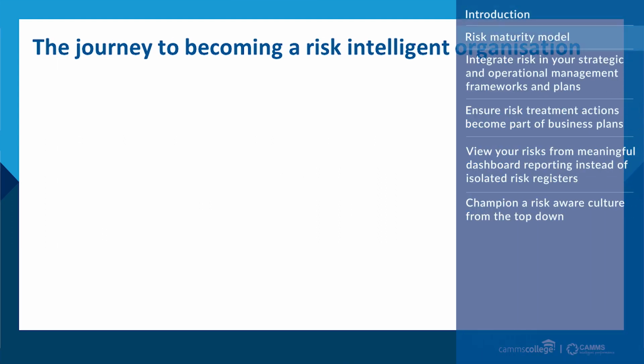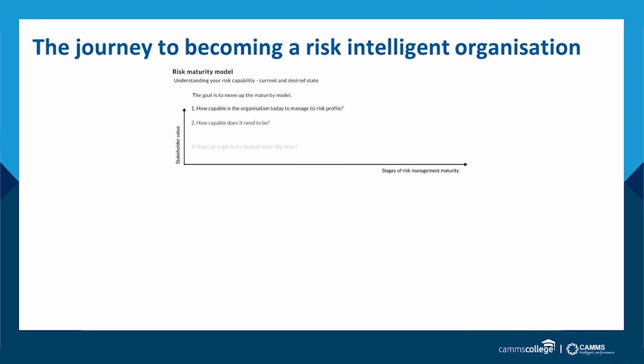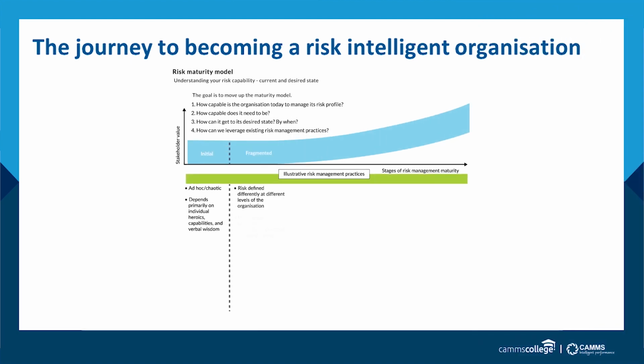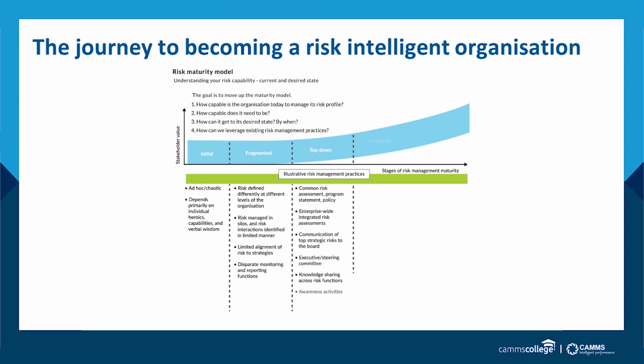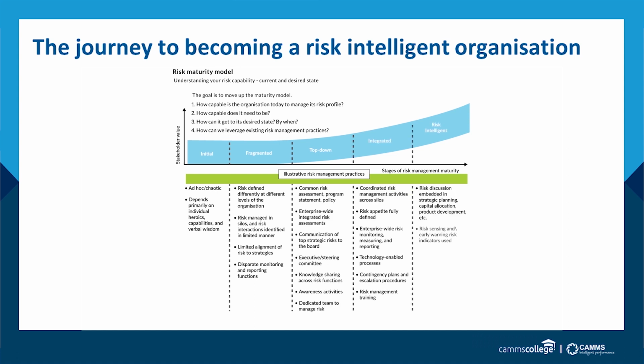A way of determining how far progressed you are in relation to integrating your risk management approach with planning in the organisation is to have a look at a risk management maturity model. And on the screen, we've got quite a simple model. There are much more detailed models that can orient you as to where you are in that risk management integration